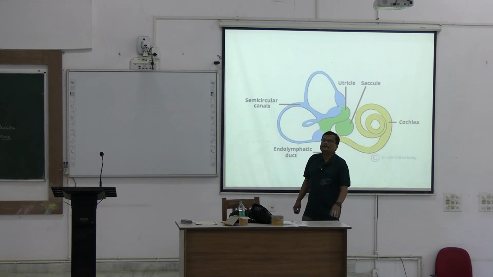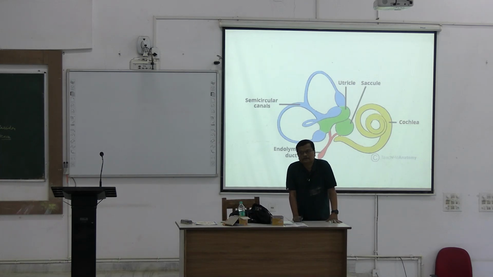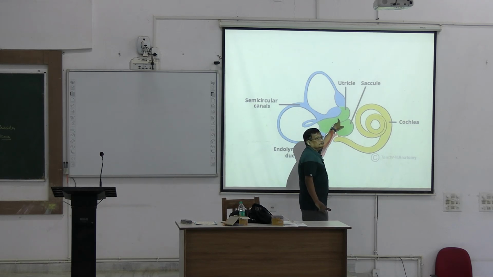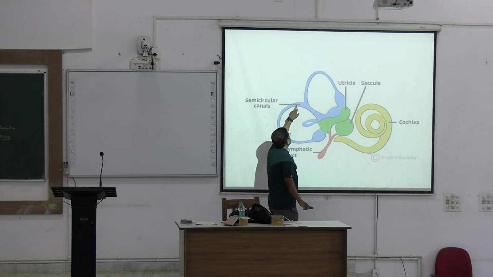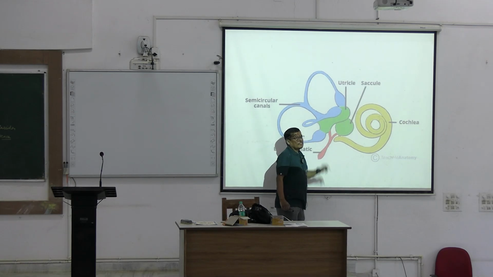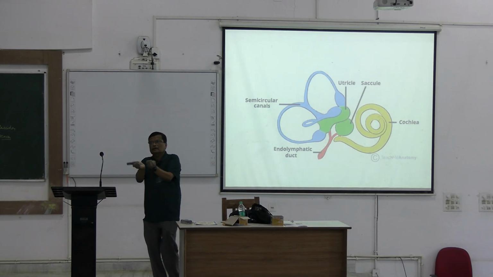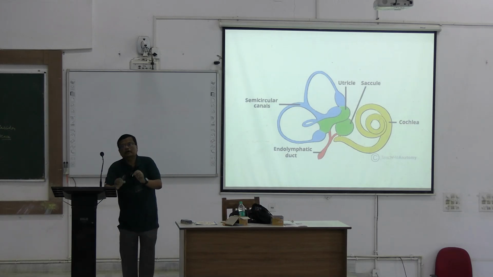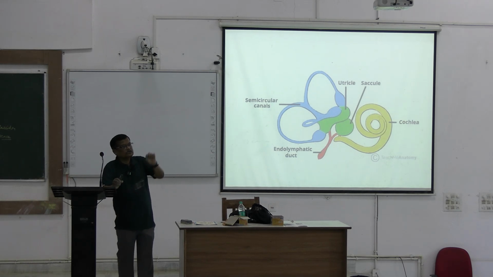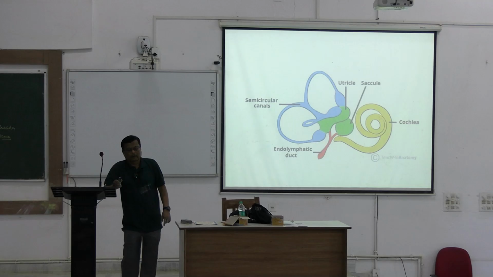দ্যাট উই কল ককলিয়ার ডাক্ট। ভেস্টিবুলের মধ্যে যে মেমব্রেনাস স্ট্রাকচার রয়েছে তাকে বলি স্যাকুল অ্যান্ড ইউট্রিকল। অ্যান্ড সেমিসার্কুলার ক্যানেলের মধ্যে যেটা রয়েছে, তাকে বলি সেমিসার্কুলার ডাক্ট। তিনটেই রয়েছে। সো ইনসাইড দিস বনি লেয়ার, ভেতরে আরেকটা টায়ার অফ মেমব্রেনাস টাইপ অফ স্ট্রাকচার দেখবো। উইদিন ককলিয়া ফ্লুইড ফিল্ড একটা মেমব্রেনাস কয়েল স্ট্রাকচার রয়েছে, তাকে আমরা বলি ককলিয়ার ডাক্ট।